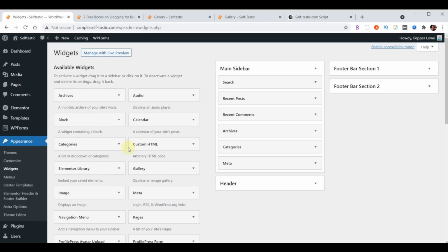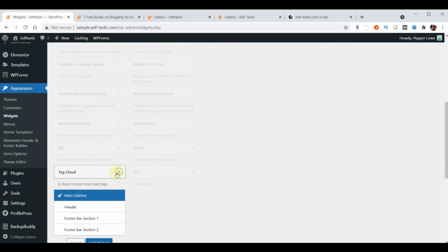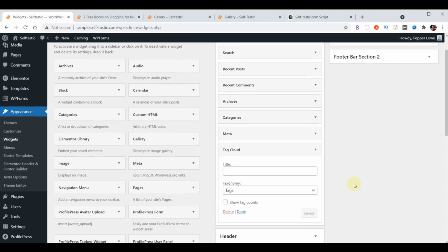and you could probably find other plugins to add additional stuff. If I scroll down, the one I'm interested in is called Tag Cloud. If I click on that, I can choose where I want it to be. By default, it's chosen the main sidebar. I'll choose Add Widget, and when I scroll up, now Tag Cloud has been added to the collection of widgets